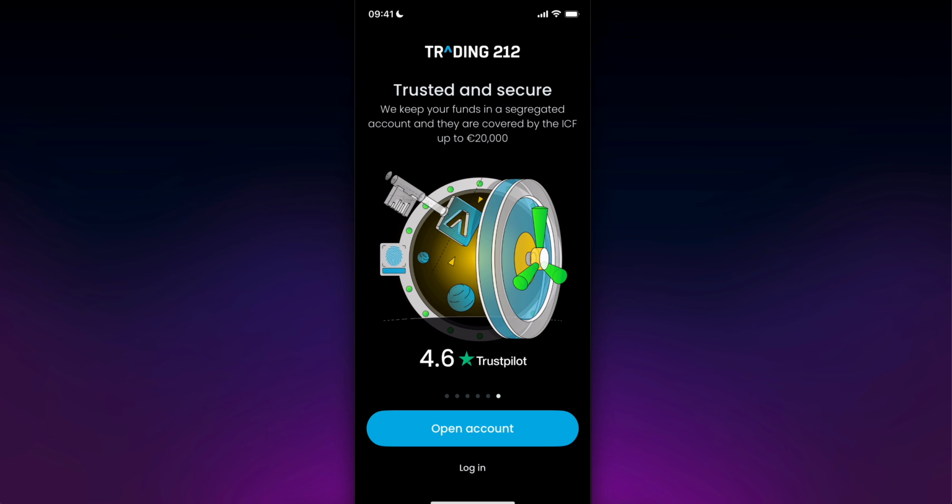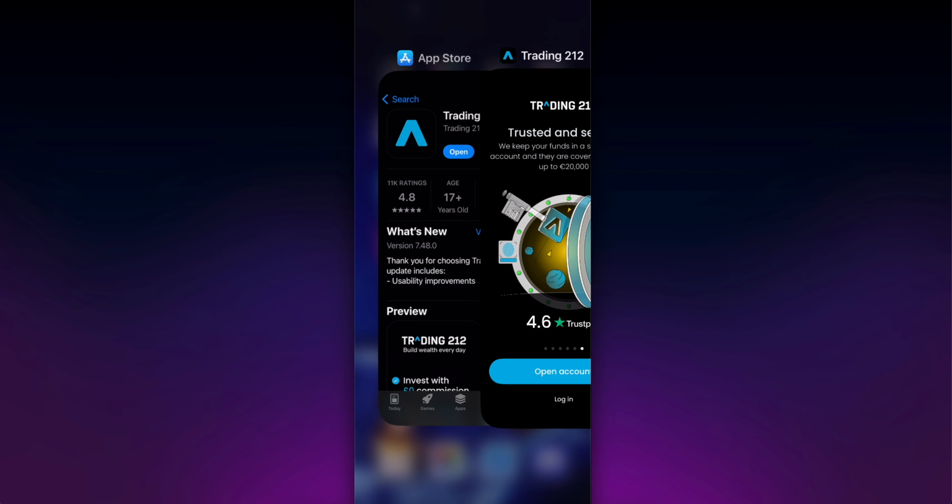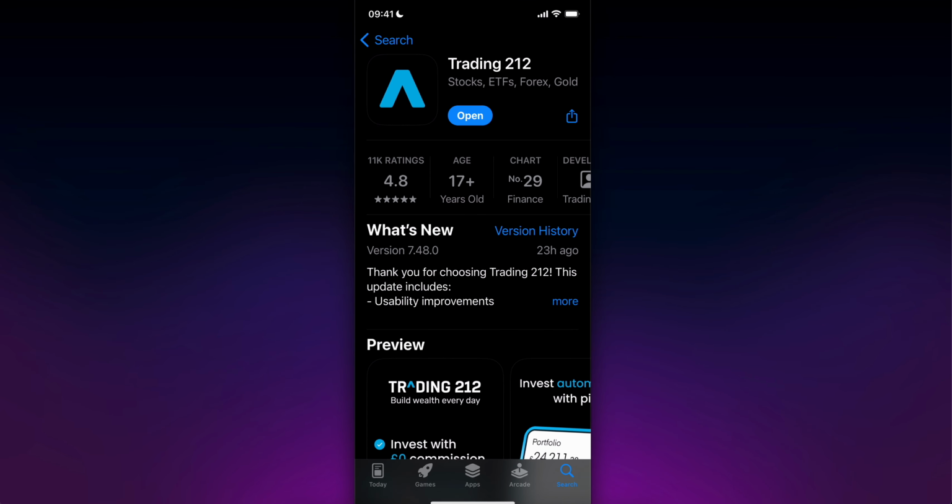Hello everyone, in today's video I'm going to show you how to open an account with Trading212. So the first step is to simply download the free app on your Android or iOS device and then